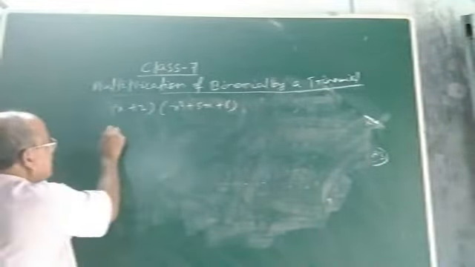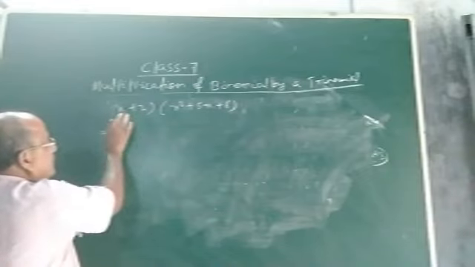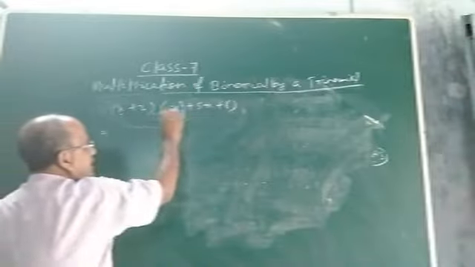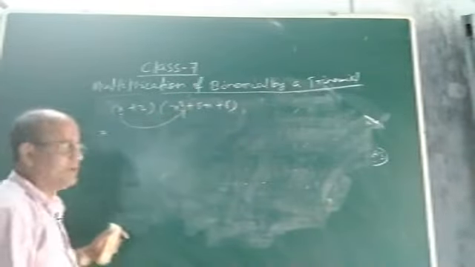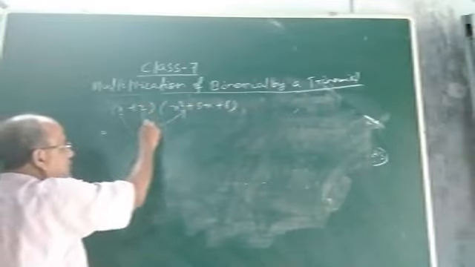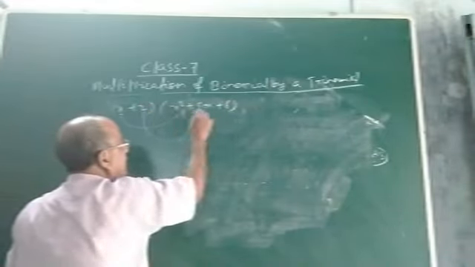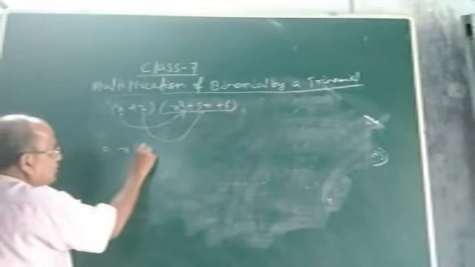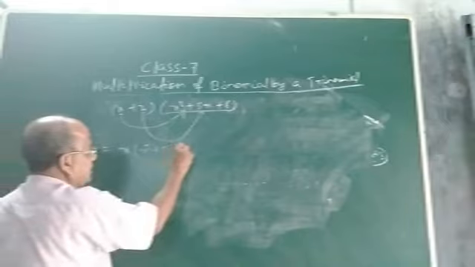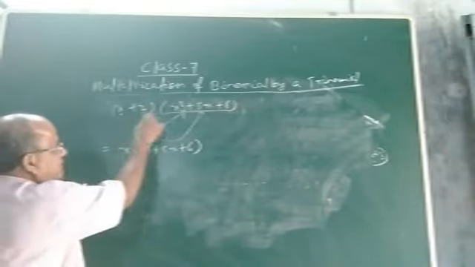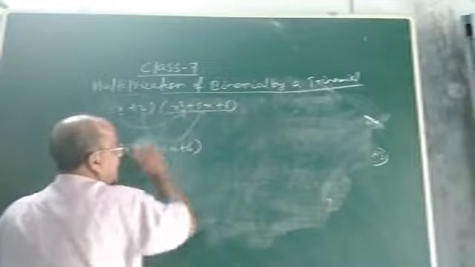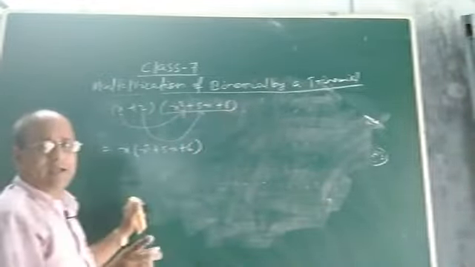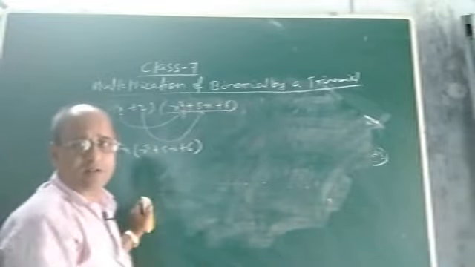See, what is the process? The process is, first look at the first term. The first term of this binomial is x. Multiply it by the whole trinomial, I mean the second algebraic expression. Then what is the second term? The second term is 2. Again this 2 is to be multiplied by the whole trinomial. So what will I write? I will write x into x square plus 5x plus 6. You see, this is the first term. Now this is the second trinomial or second algebraic expression. So this x must be multiplied by the whole second algebraic expression or the trinomial.